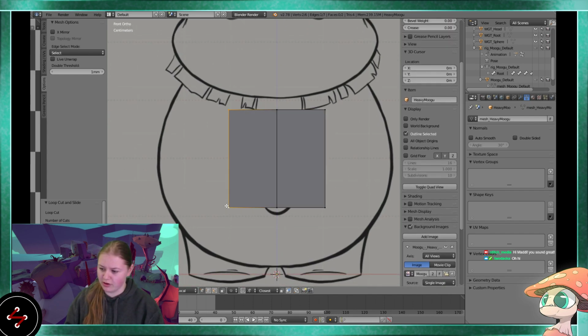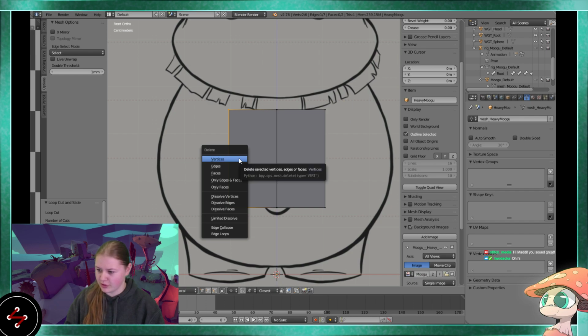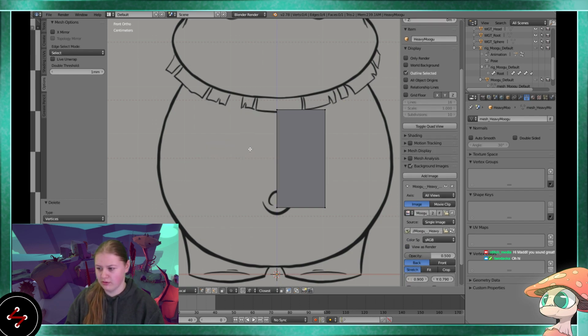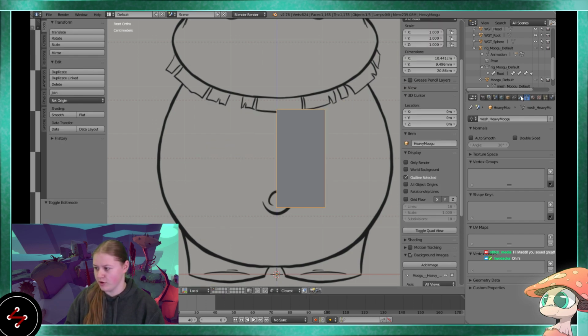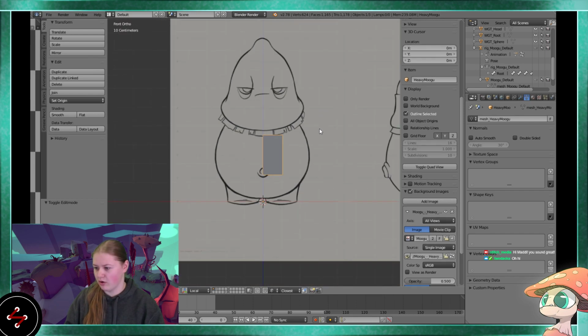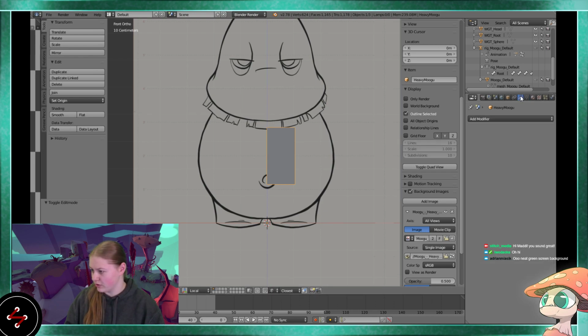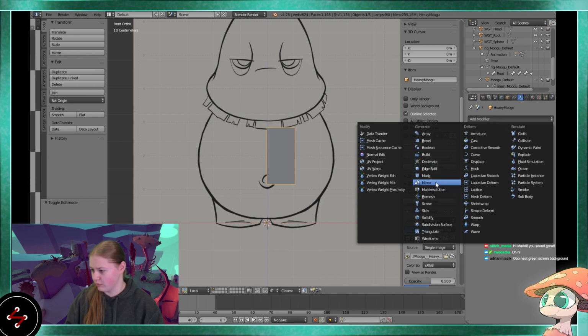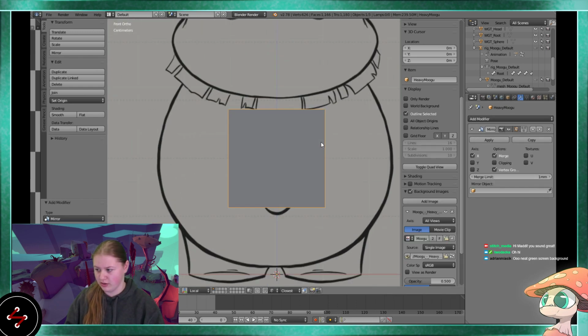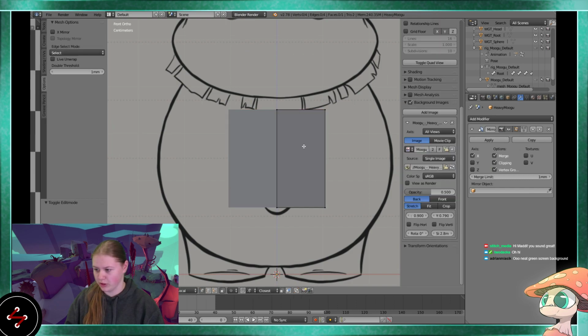Blender is very heavy on key commands, so I will try to call them out best I can, but if I forget, I apologize. And I'm just going to delete this side because I'd like to mirror it. This guy is almost perfectly mirrored, so for the most part, I'm just going to model half of it. Now, to go over to the modifiers, you click mirror, and it will give you an exact duplicate on the